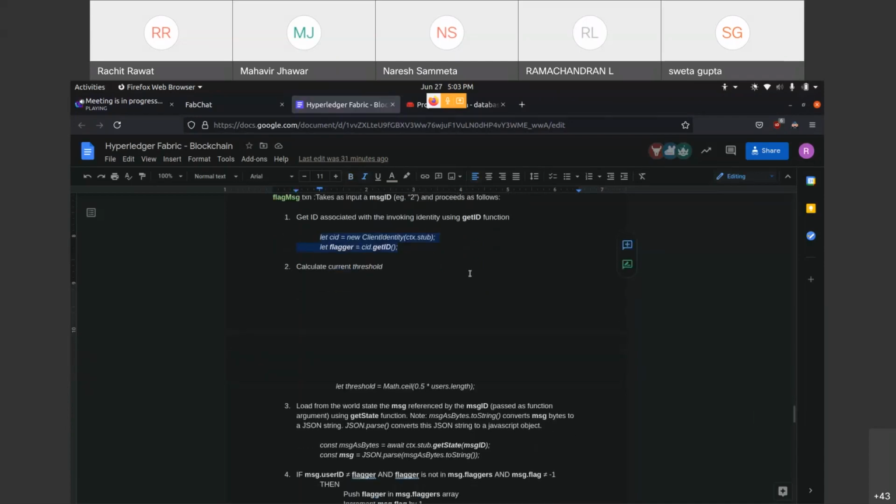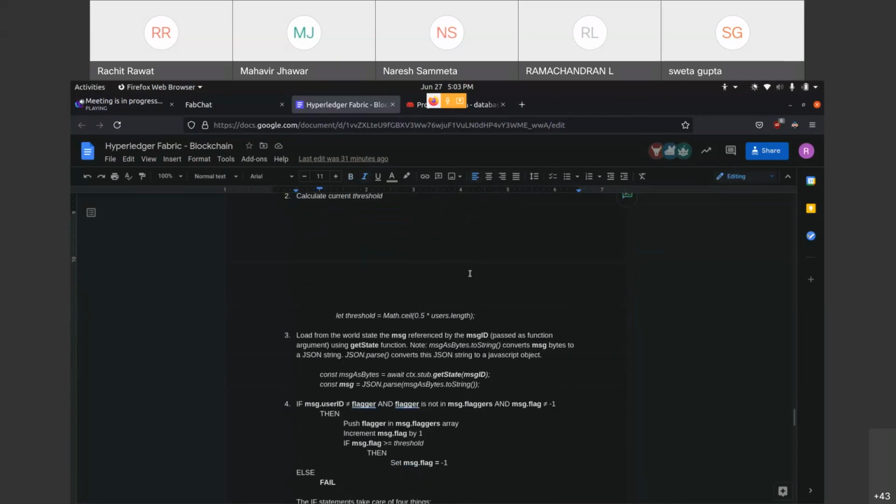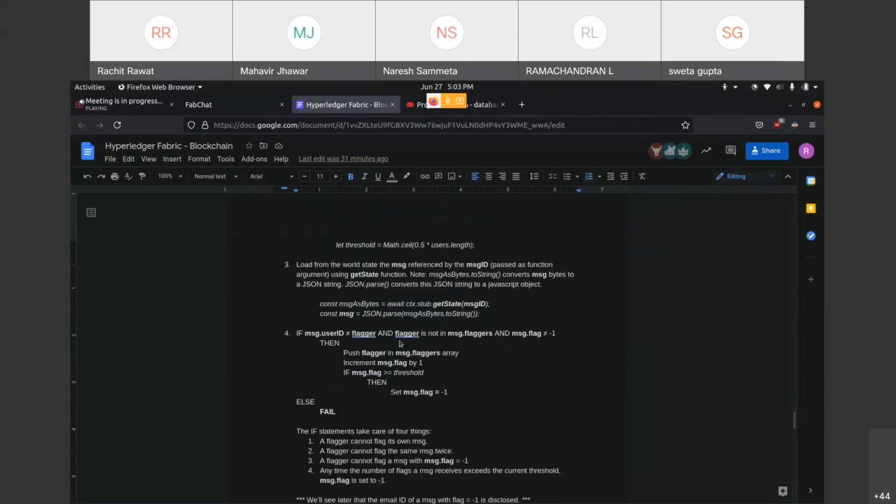And now we're going to calculate a threshold value, meaning the number of flags that are required to display the email ID of the poster. The threshold I'm calculating is half the number of users that are registered in the system. And if it's a fraction, then I just take the ceiling of it.